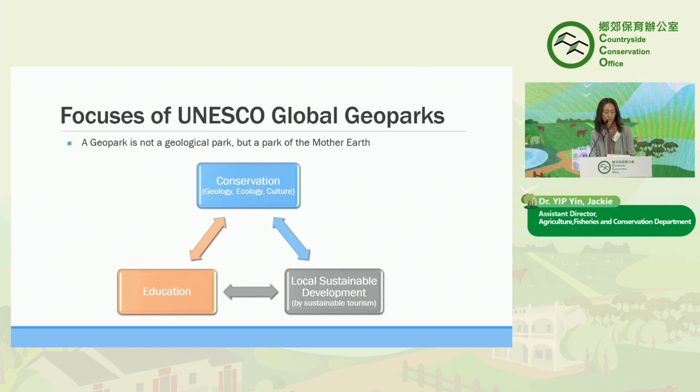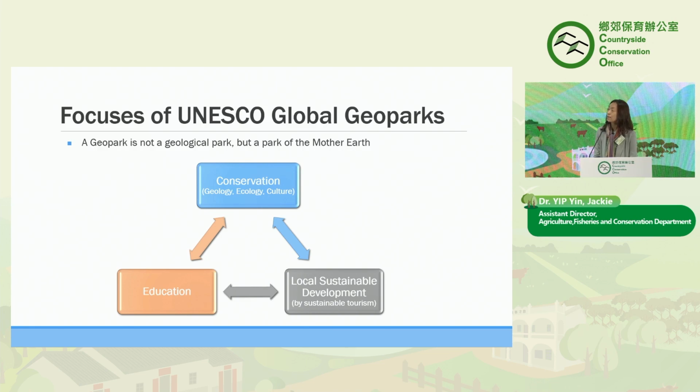A UNESCO Global Geopark must demonstrate geological heritage of international significance, but it is not only about geology. The purpose of a geopark is to explore, develop, and celebrate the links between the geological heritage and all aspects of the area, including its natural, cultural, and intangible heritages.